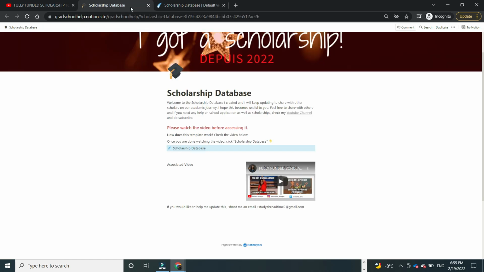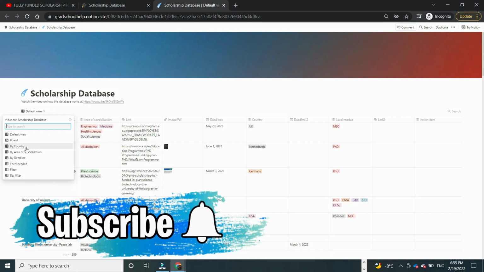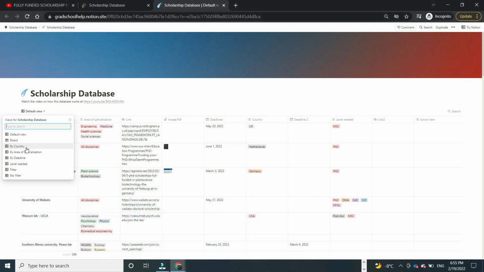So as I said, from this link you click here, you get to this point. Please follow with me, just open sideways, and as I do you also try it. Then from here you choose BSc filter. As you can see, this is by country, so if you want to know the scholarships based on country, this will show. All this information is in this video, so I'm just going to focus on the BSc filter. So I click on this,